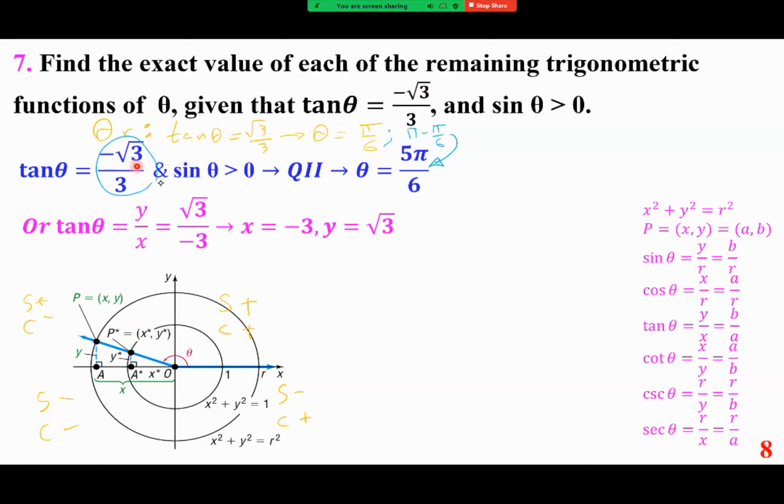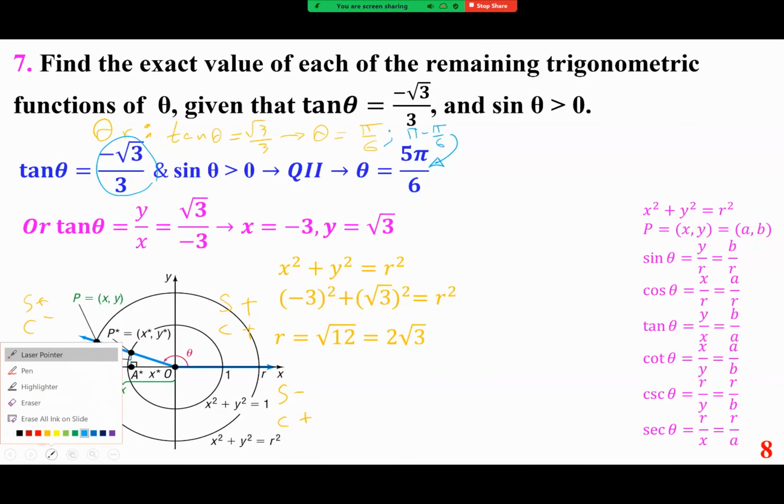Over here, it's given as such, but I'm changing it and putting it at the bottom because I want everybody to see x is negative 3, y is positive 3, and plug it into all of these formulas. You come up with the answer. The only thing that you need to calculate is r, and r is the square root of x squared plus y squared. So let's raise to the power of 2. When you do that, this becomes 9, this becomes 3, so r squared is 12, and r is square root of 12, or 2 square root of 3,